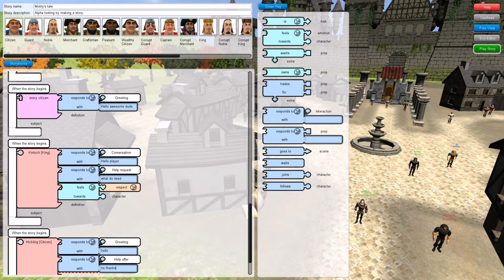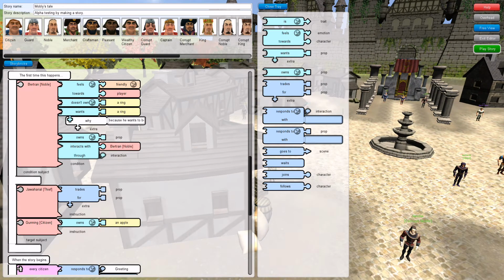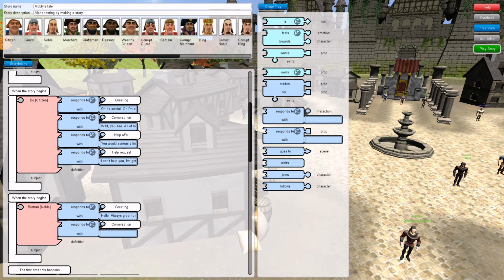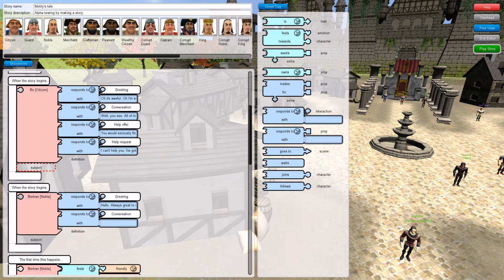And I can keep going with that, and that's what I did up here with the corrupt noble. I have him saying quite a lot of stuff here that actually runs off the screen. So that's how you start putting together a story, and then you can start putting things together like